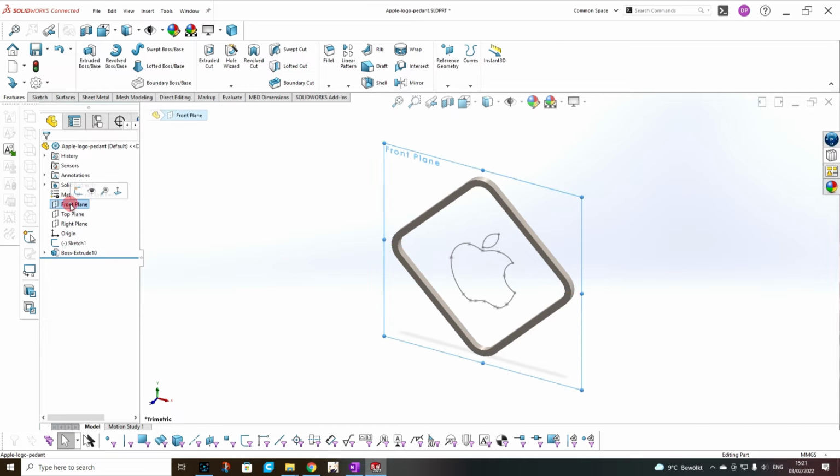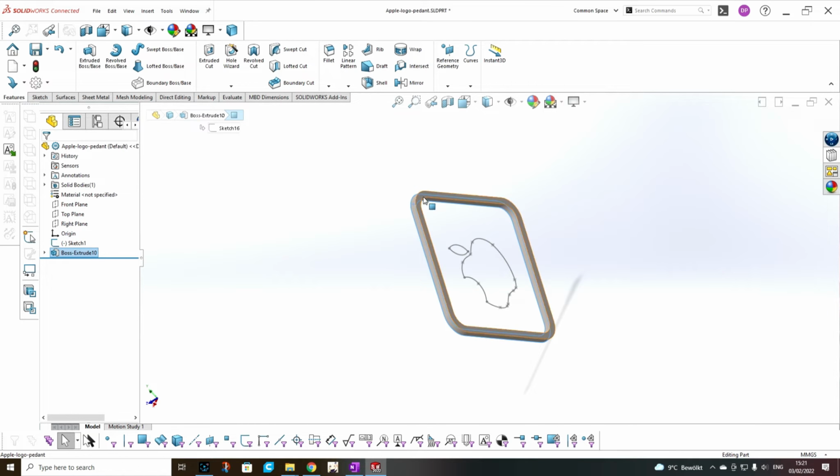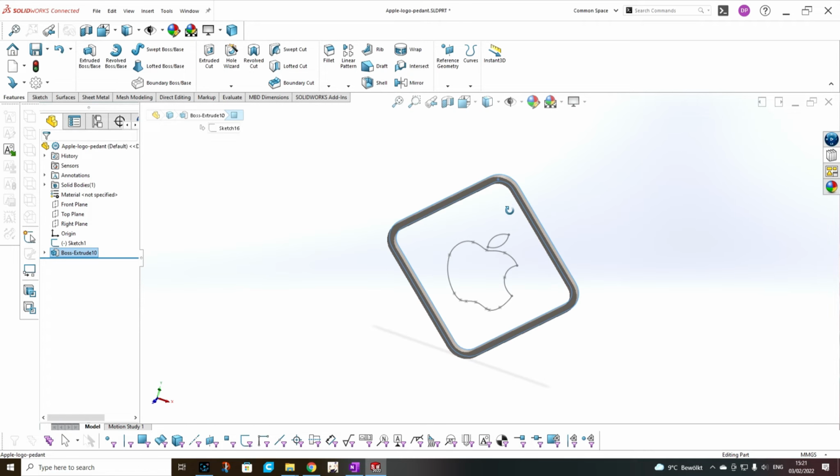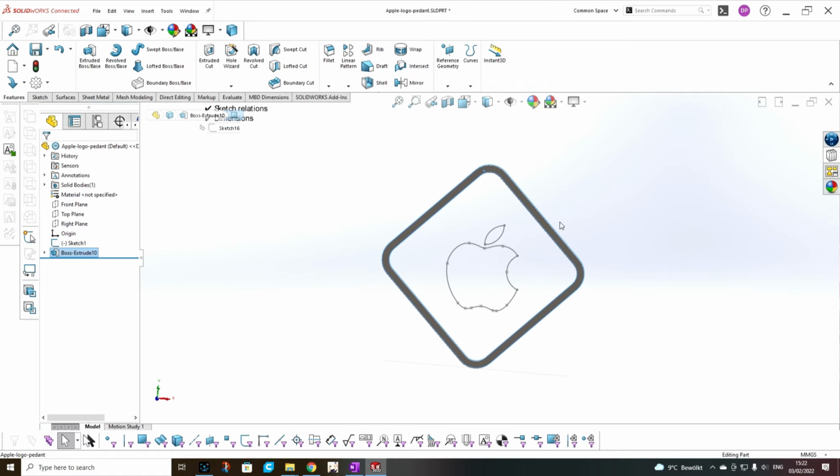You're going back to the front plane. In case you can start your sketch or a feature from a plane, better do so instead of starting from one of the faces, because when we have a change in the body that we have already, it may damage your relations,